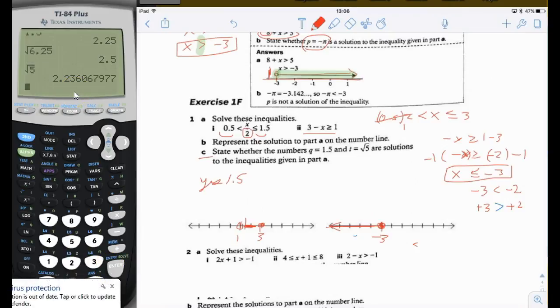About 2.24. Okay, so 2.24. Is 2.24 in here? It is. So yes, square root of 5 also. Okay, what about for the second